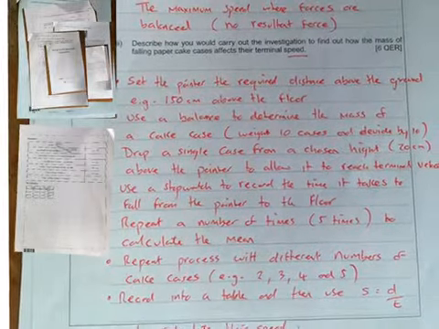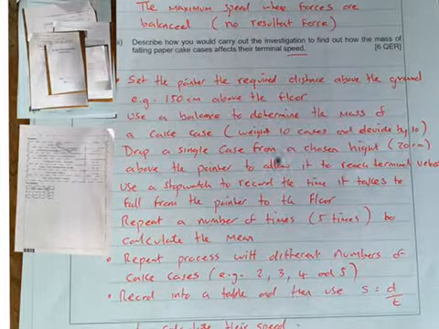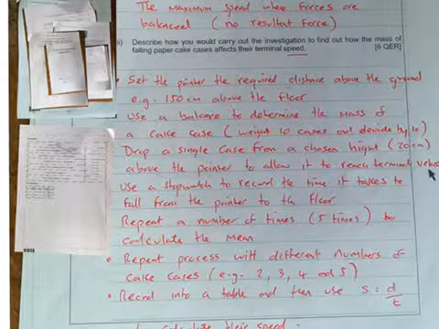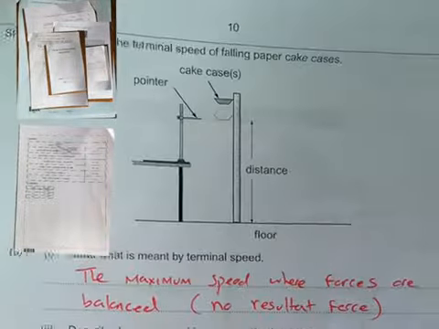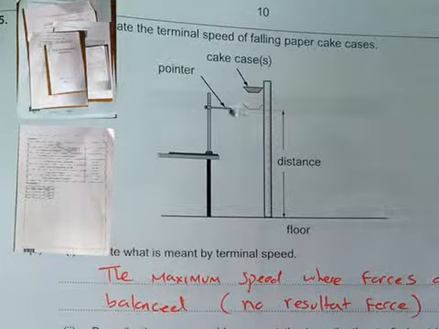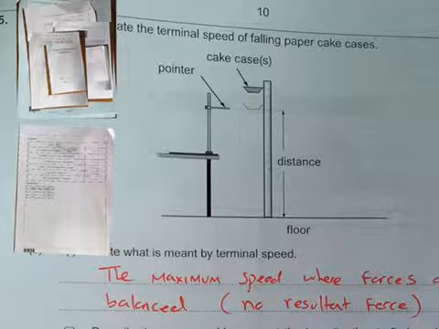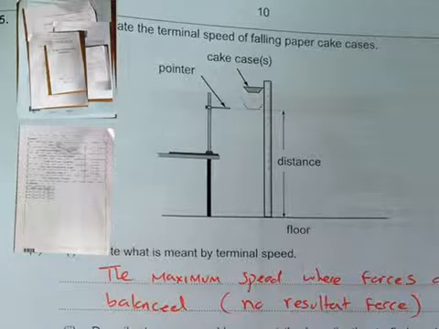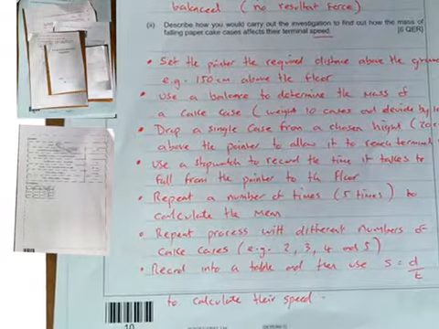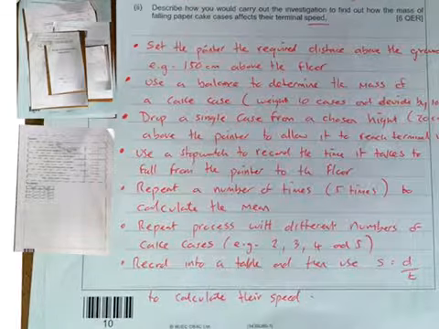Drop a single case from a chosen height, for example, 20 centimeters above the pointer, to allow it to reach terminal velocity. This is the most important bit. We're not dropping from here because we're timing from here. This cake case needs to reach terminal velocity by the time it hits this. And then we start the timer, and then we stop it as it hits the floor. Okay? So we're seeing how mass affects the speed of terminal velocity. Use a stopwatch to record the time it takes for it to